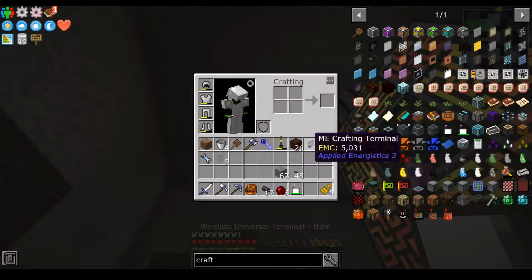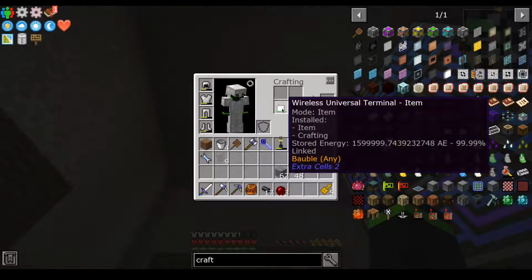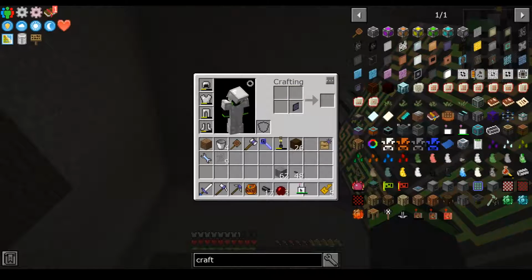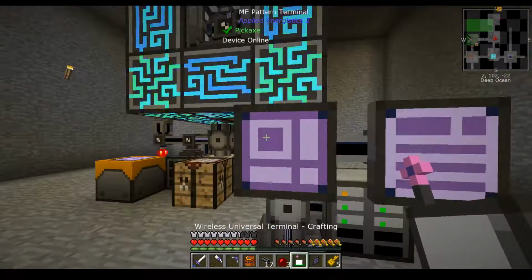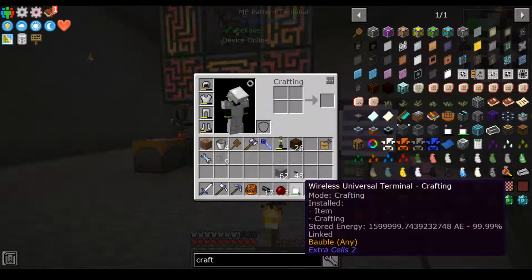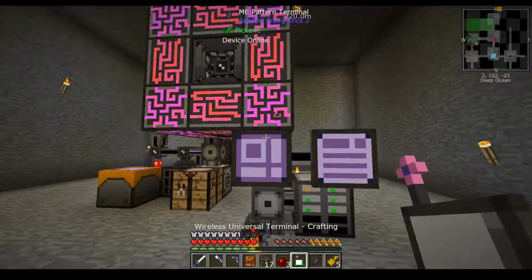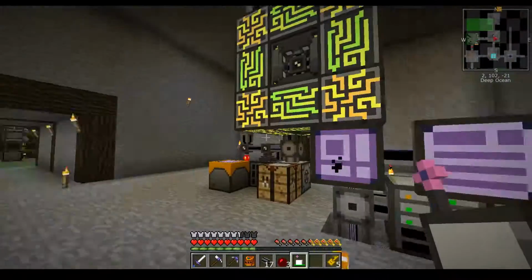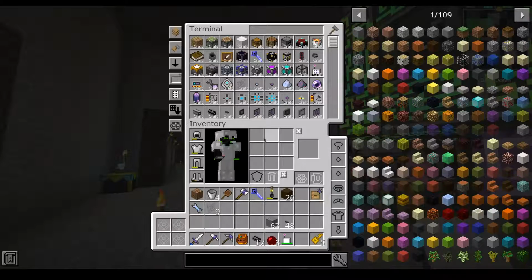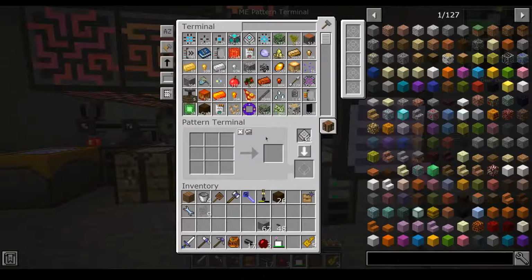So we would like this to go from a universal terminal to a crafting terminal. Why is it not? Oh, there it goes. Maybe it just took a second to kick in. But we now have a crafting terminal. So next step is we want,